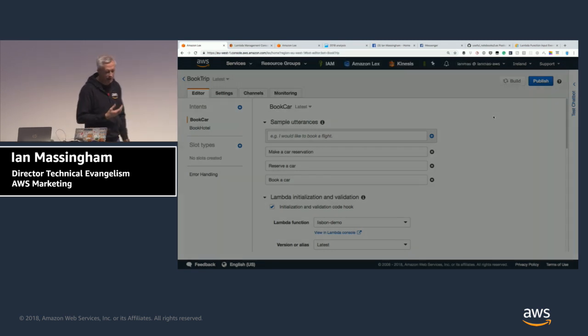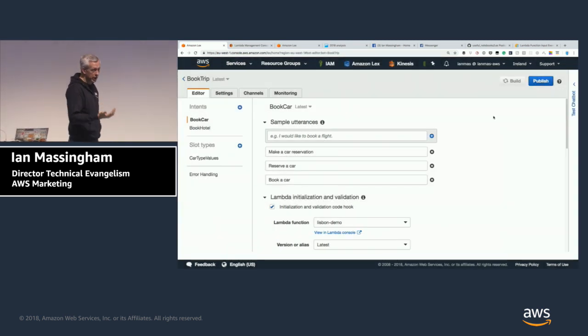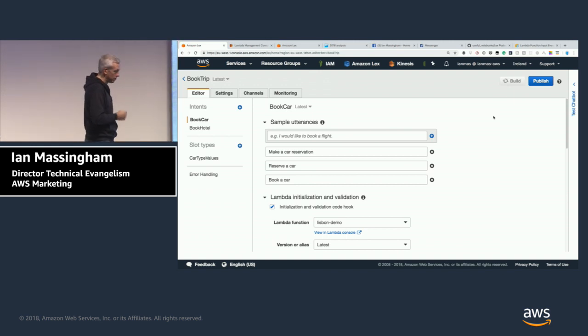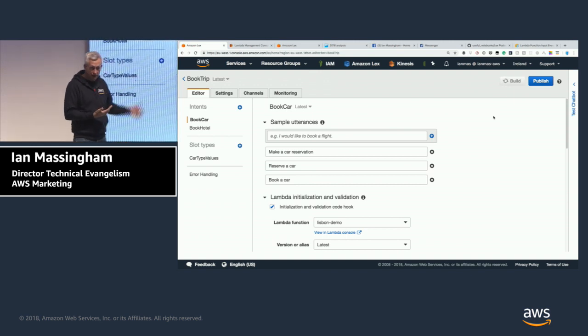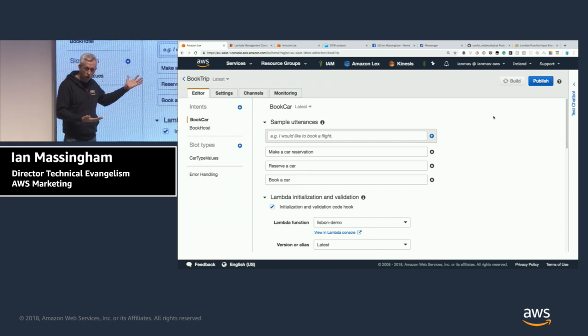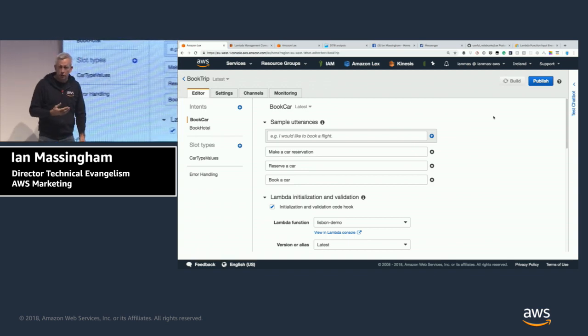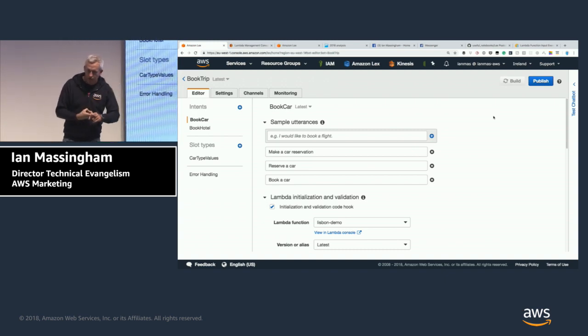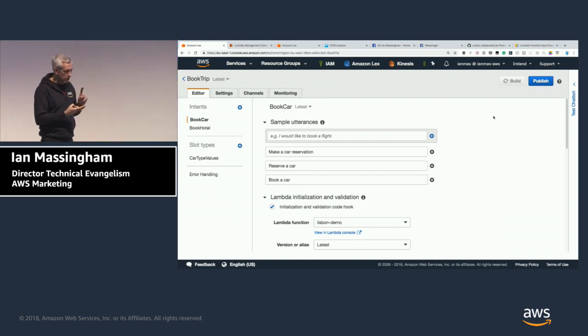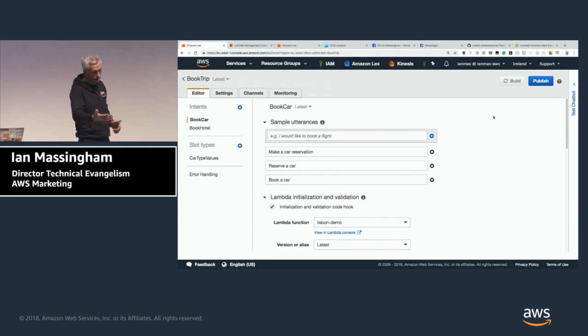So what's happening now in the background is configuration changes will be reflected into the environment that we have. If we had done things like made changes to the language model by adding more representative intents or modified our slot configuration, those language models will be retrained, the classifier will be retrained, and those new slots would also be pushed out into the environment as well. So every time you make a change that you want to see reflected in your test environment, you need to do this build process to reconfigure and reestablish the environment with those changes.